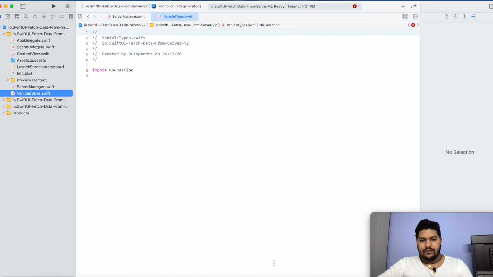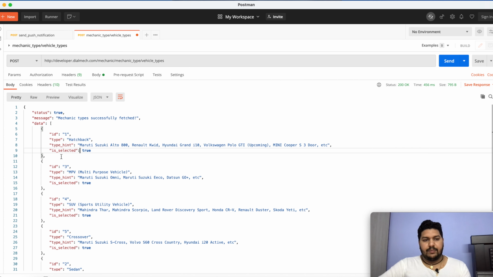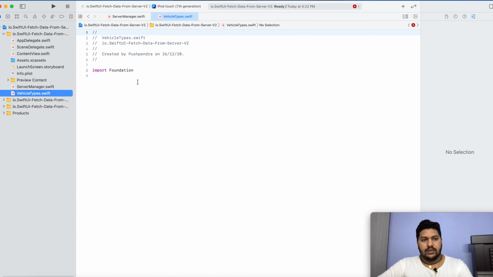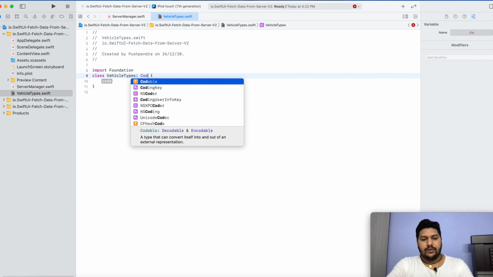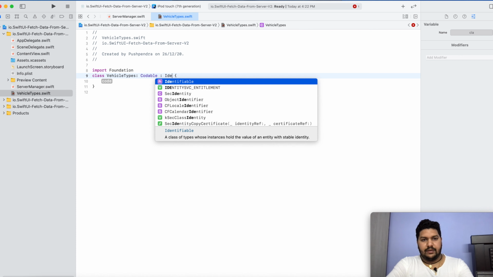For your information, this will be the structure of our data which we will fetch from the backend side. I will pass this data and set it into the table view. On the basis of this data, I am taking here class Types, and this will be Codable and Identifiable.